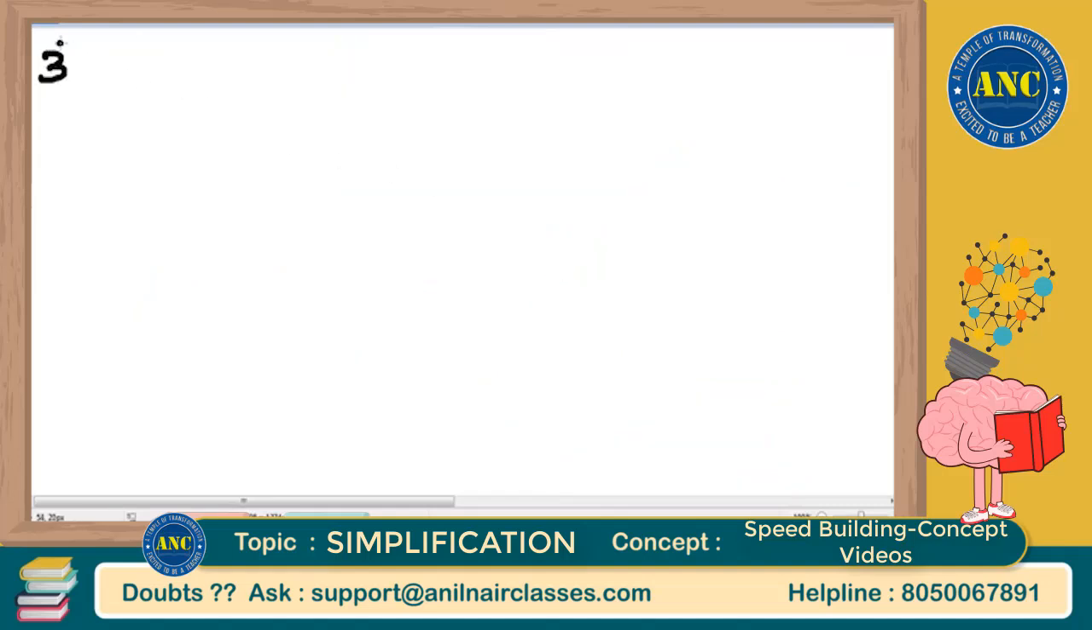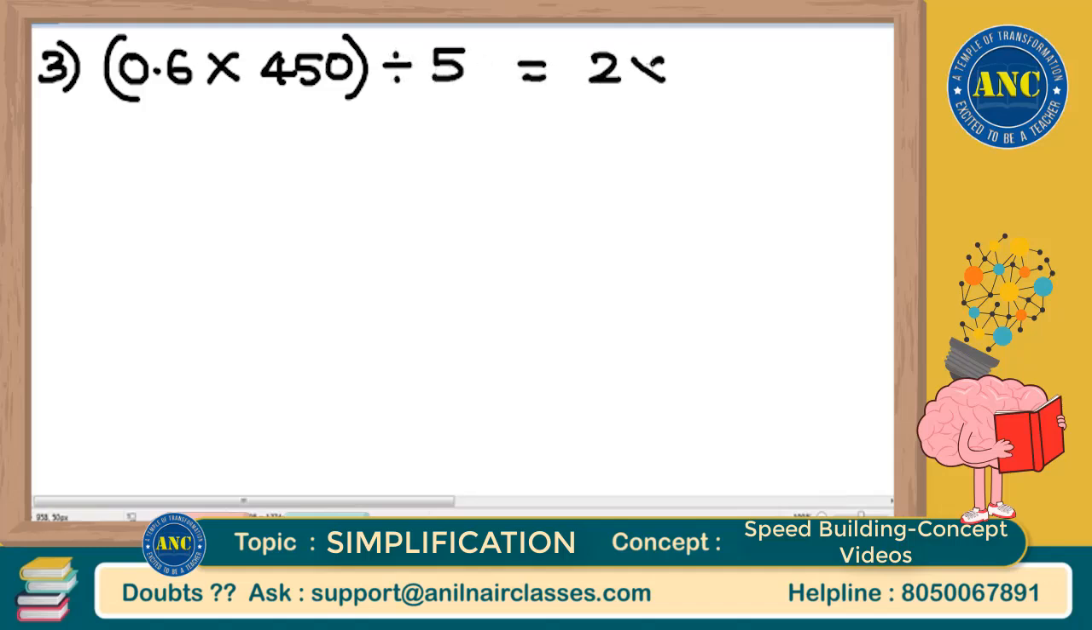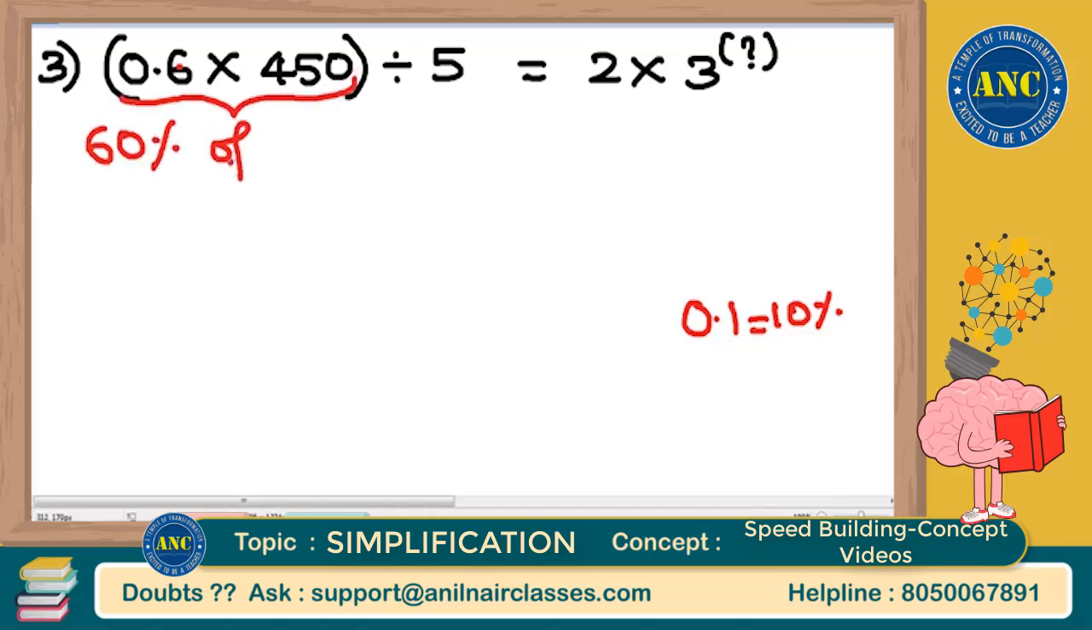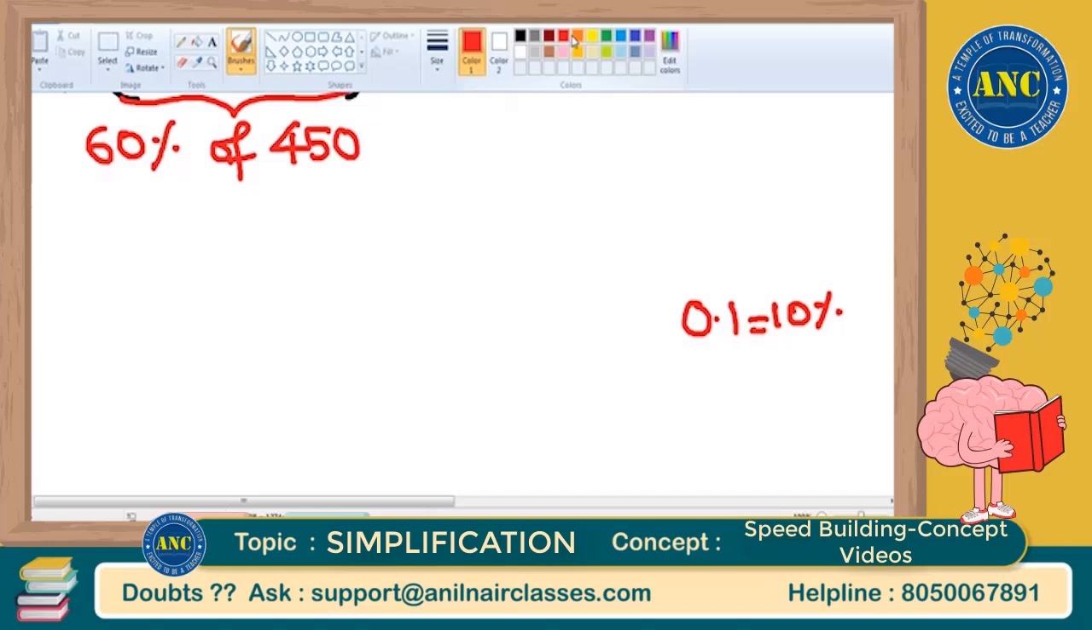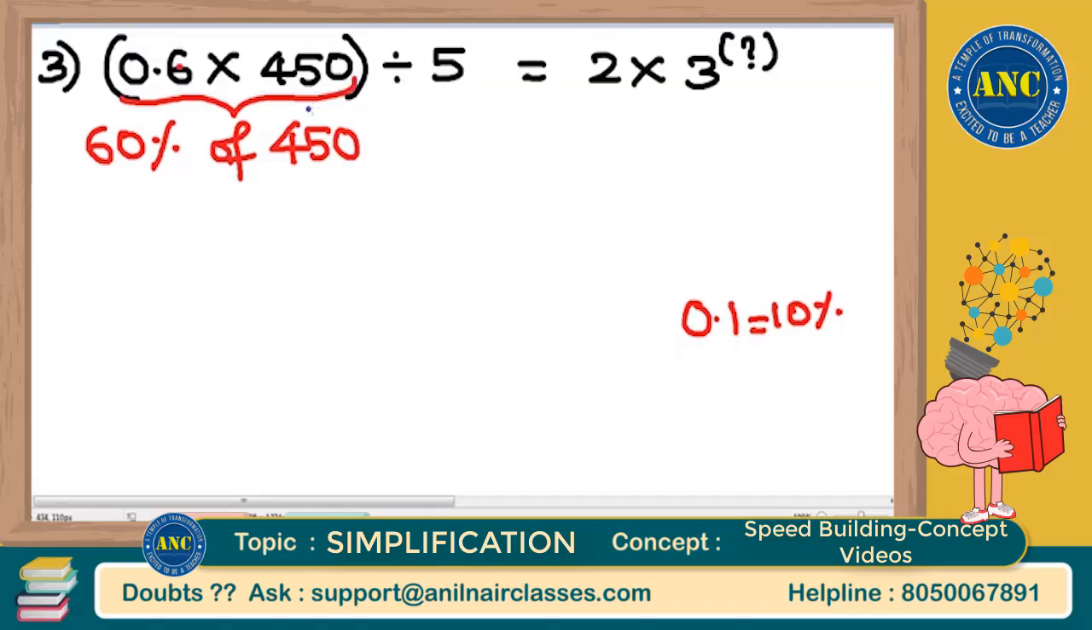Question number 3. Listen carefully, sir. Question number 3. 0.6 into 450 divided by 5 is equal to 2 into 3 power question mark, right? Now 0.1 is 10%, so 0.6 should be 60%, as simple as that. So this is nothing but, I am just writing for your understanding, 60% of 450. Can I also say it like this, 10% of 450 is 45, 60% is